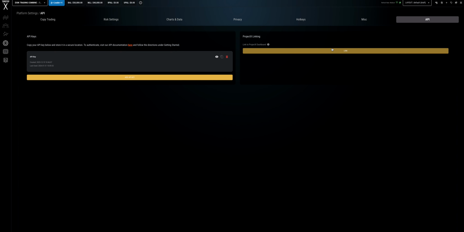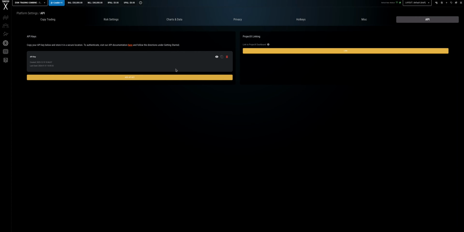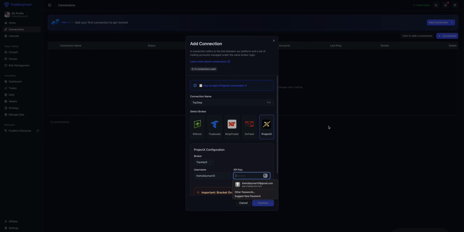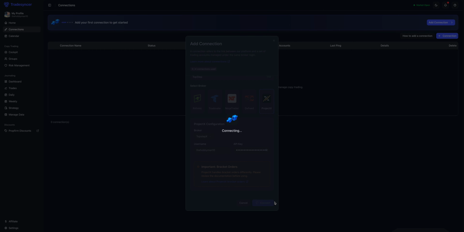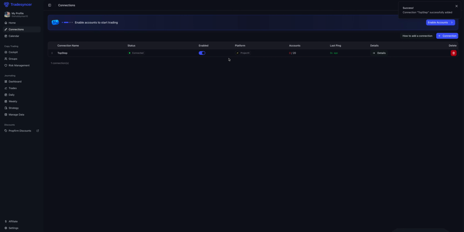All the other platforms that use Tradovate, you don't have to do this, but we'll copy this. And you want to copy and paste it like that rather than hitting this copy, because sometimes it doesn't work. And then you're going to just paste it here, then hit connect. And it's going to be connecting. And we're going to say no. And you can see that I have, if we go to details, it's connected